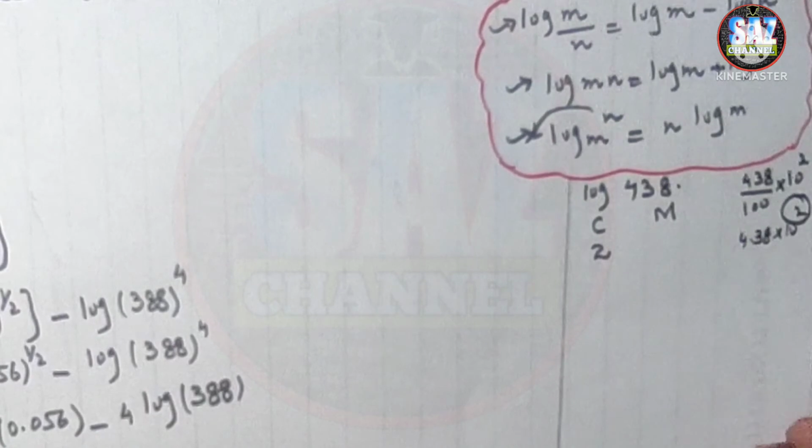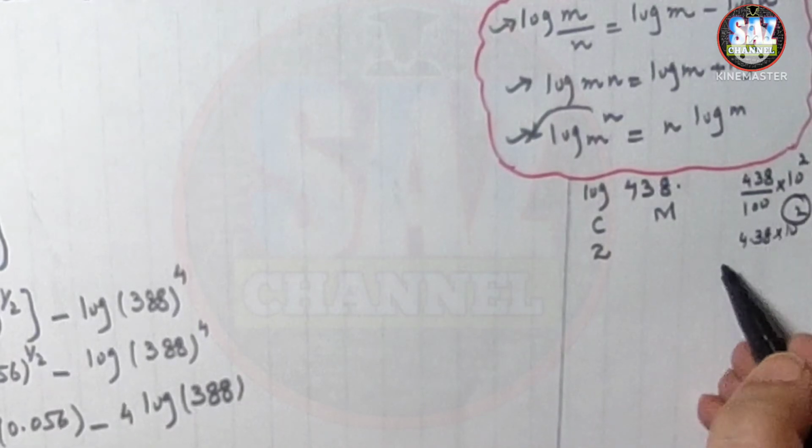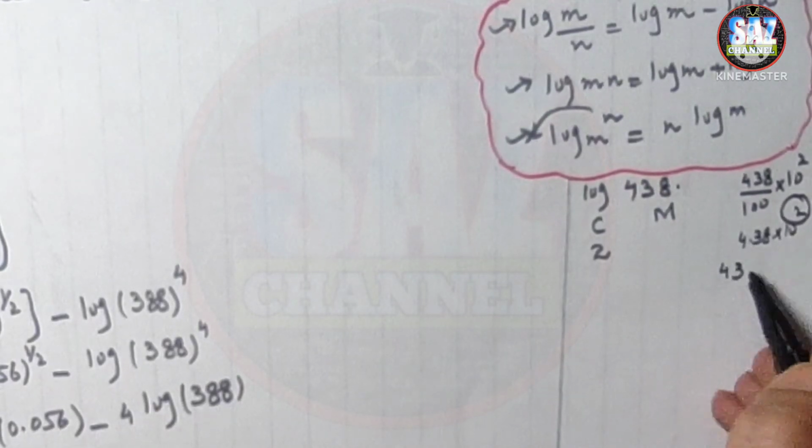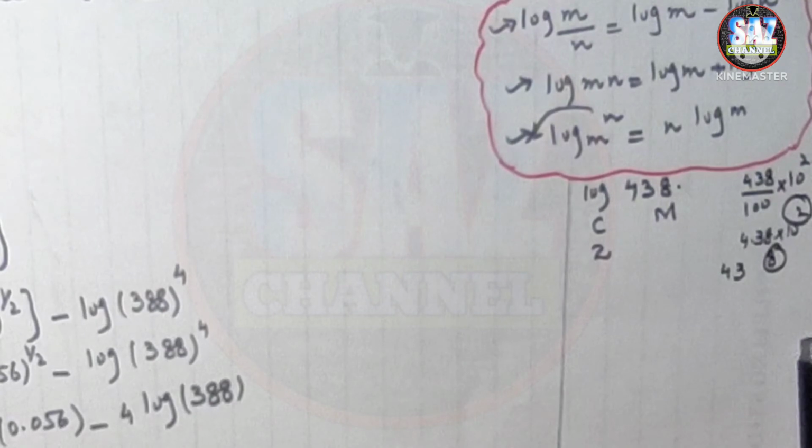For the mantissa, what we have to do is make 4 significant figures. Here we have 3 digits only, so 43 has to be located in the column of what? Column of 8. So when I am looking for 43 in the column of 8, let me hold my book and ruler both carefully. 43 is located in the column of 8,